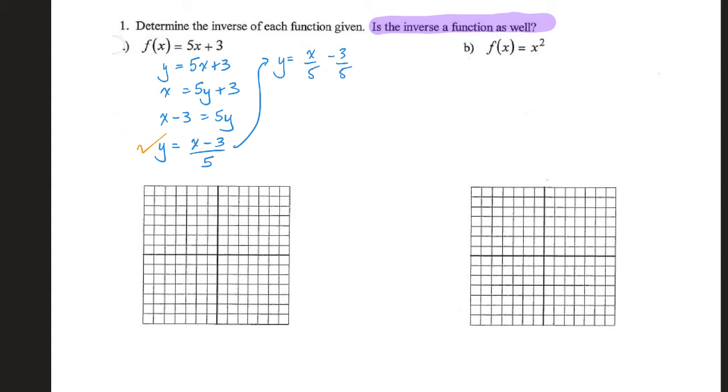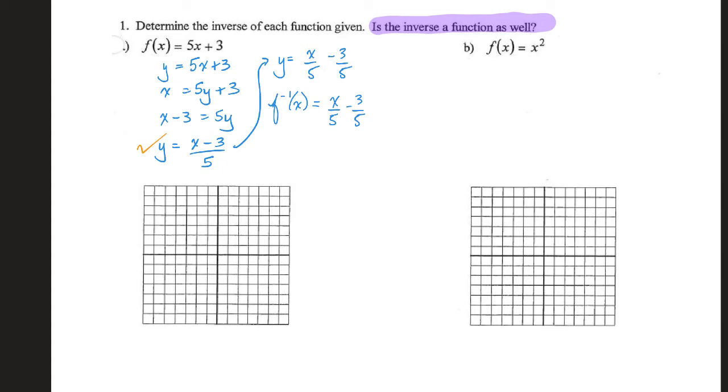Okay, we're going to now answer the purple question. Is the inverse a function as well? We take a look at the blue and we notice that it is a function because it's just another line. And therefore, we are going to use our function notation to denote that. There we go. Nice. Okay, what I want us to do is very, very quickly, let's put on the graph